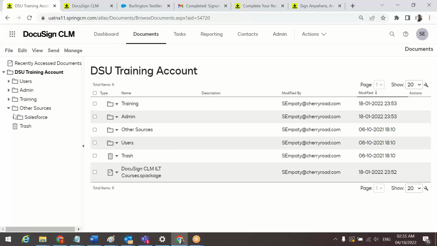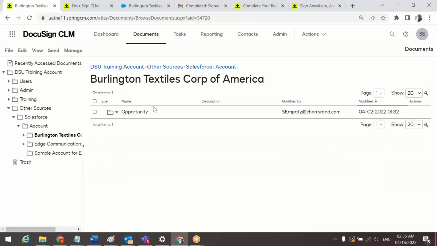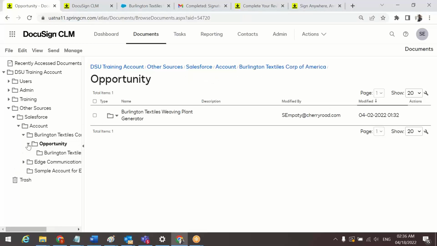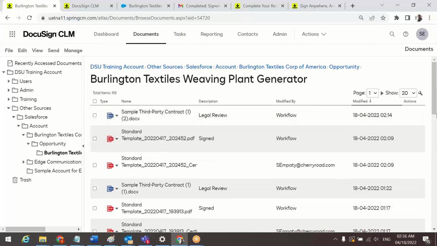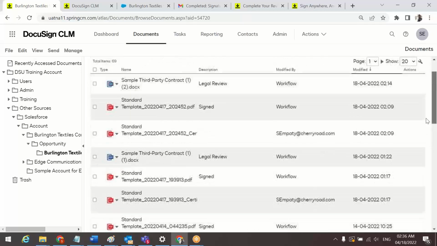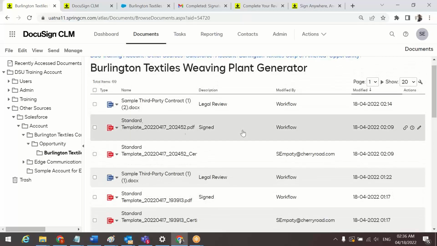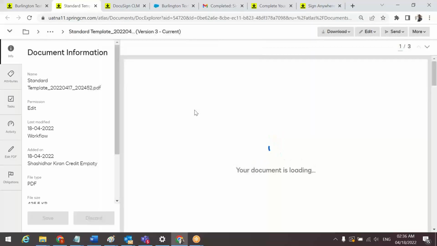If you click on the other sources and Salesforce here, in the account we see Burlington Textiles. Click on the opportunity, Burlington Textiles. These are all the contracts related to Burlington Textiles. Just click on this. Recently a contract has been created and successfully signed. So if you see here,